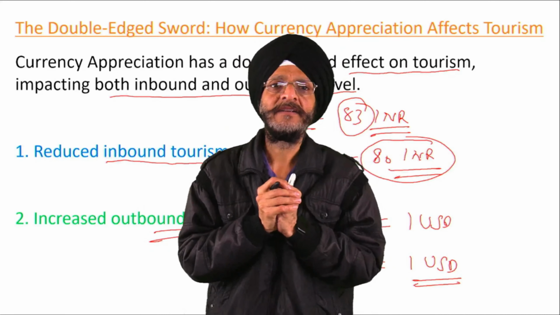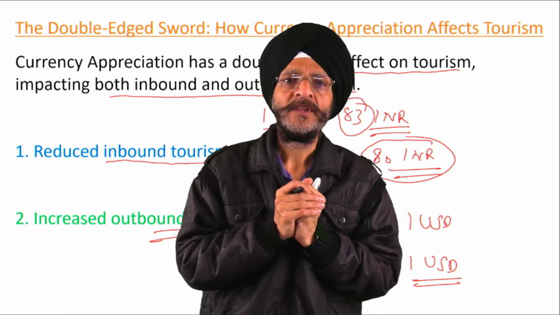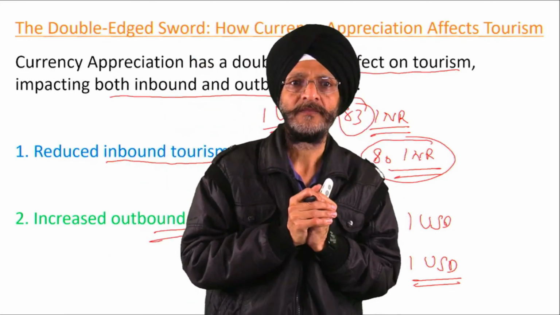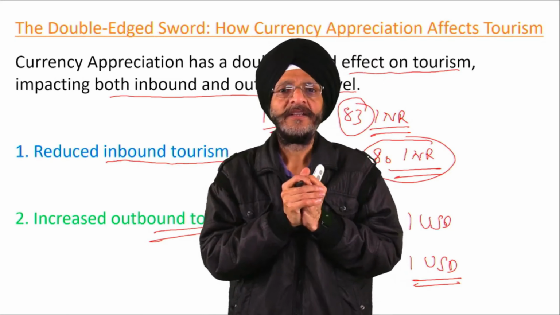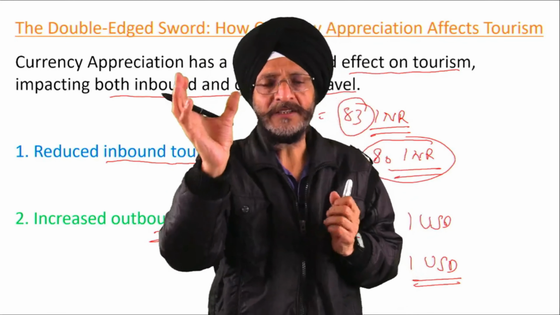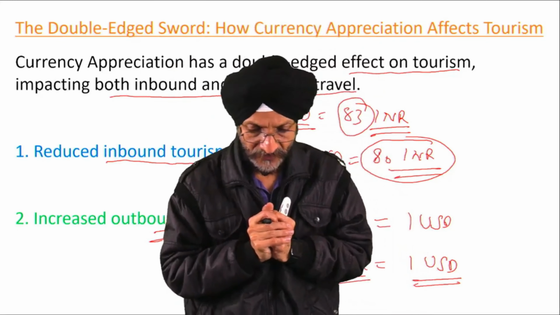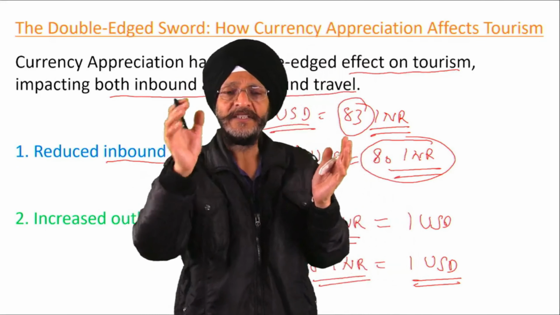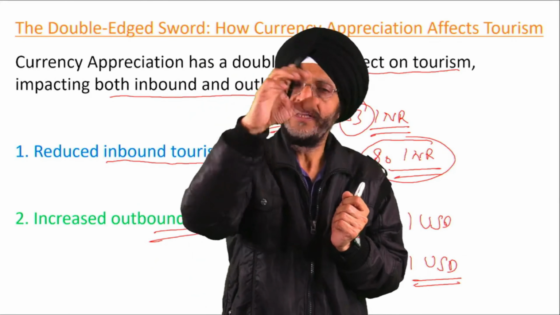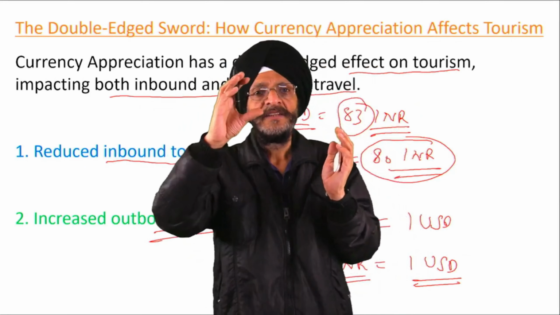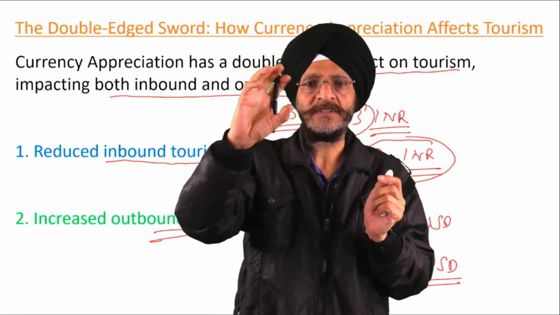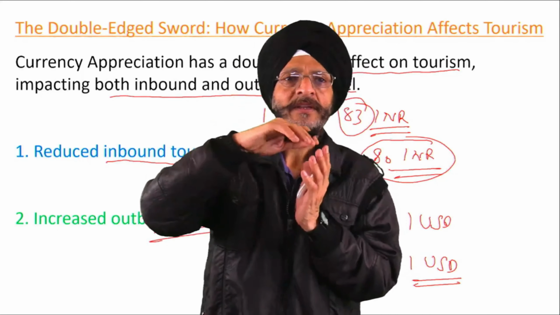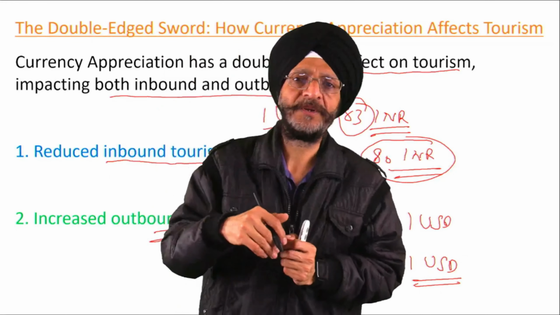However, it may be added that tourism of a country does not depend solely on currency appreciation. Tourism in any country is also affected by the political scenario in that country, the unique attractions of that country, and the safety point of view in that country. If a country is very much affected by terrorism activities, or there is some sort of disturbance in that country, then tourism is likely to remain affected even though there is currency appreciation or any other steps.